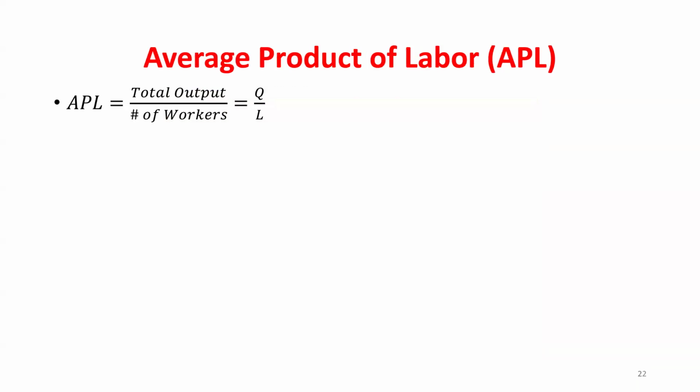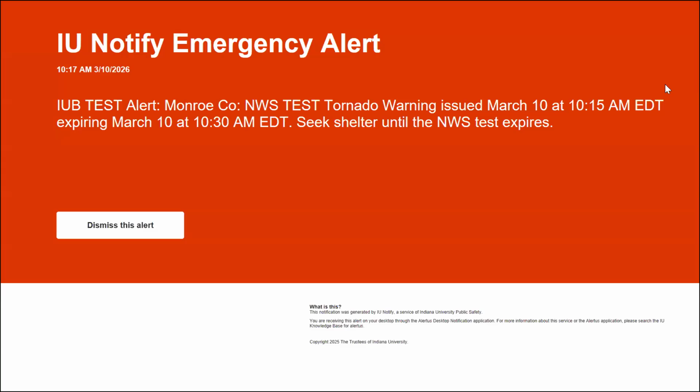So we'll then take this one step further to introduce a concept that we'll really focus in on Thursday's class. In Thursday's class, we'll relate this to costs, but for now, we'll just be thinking about this marginal and average product of labor. So the average product of labor, how do I find an average? I take the total and I divide it by the number of values I had, right?